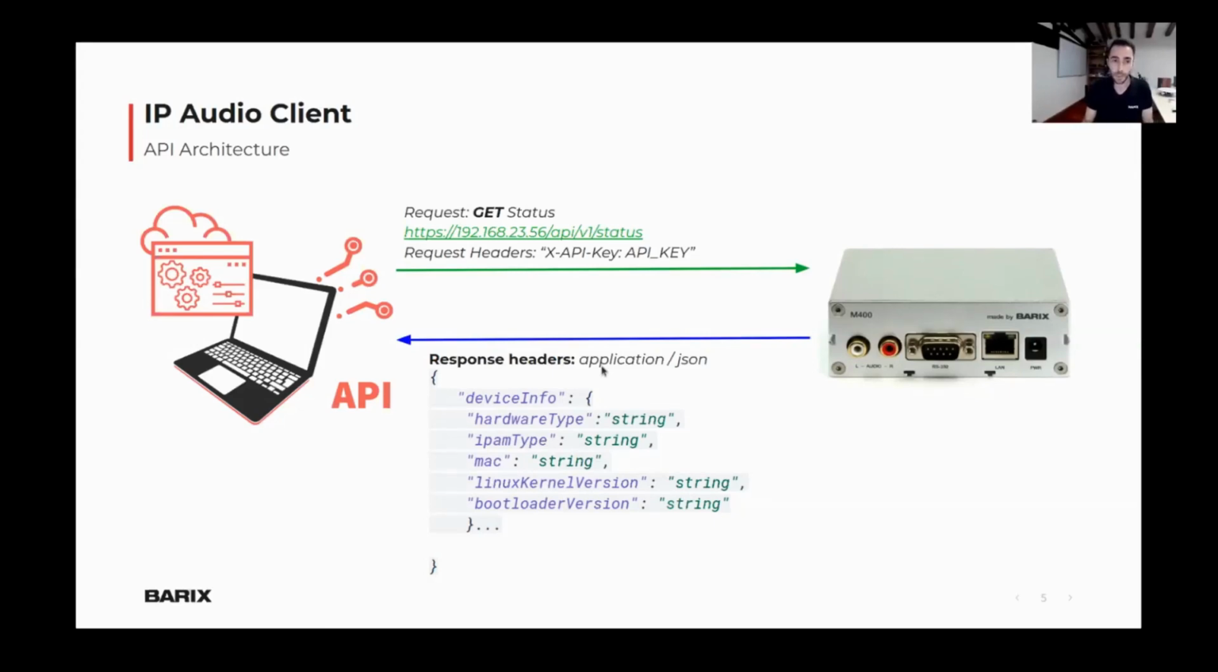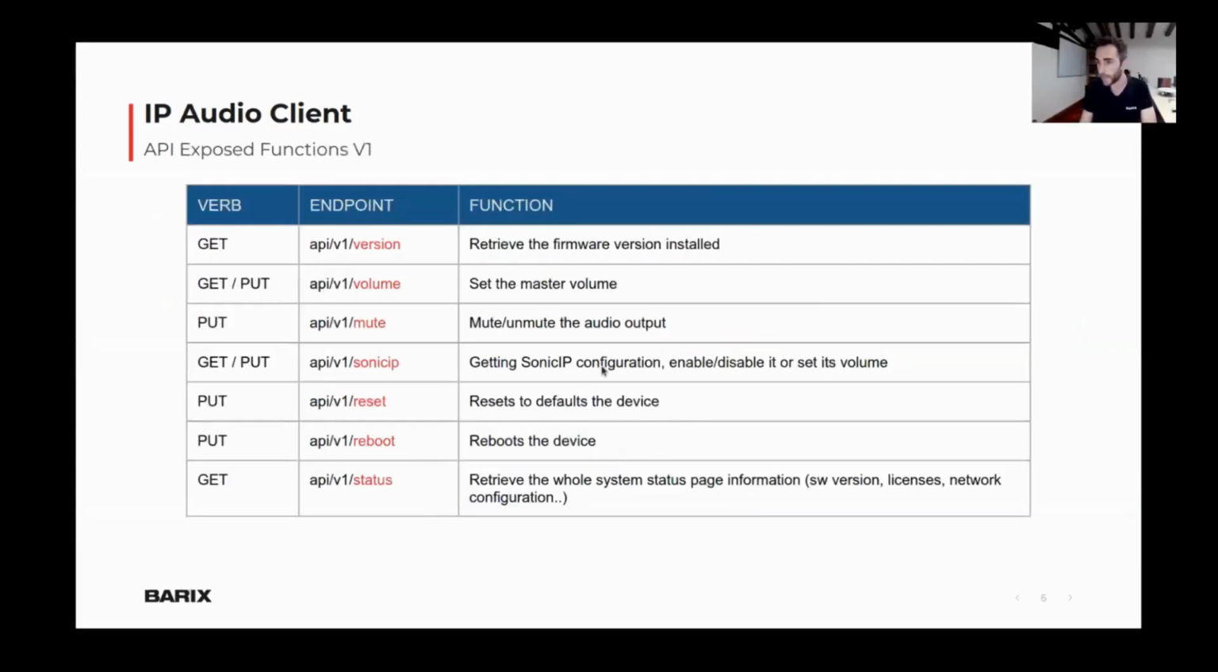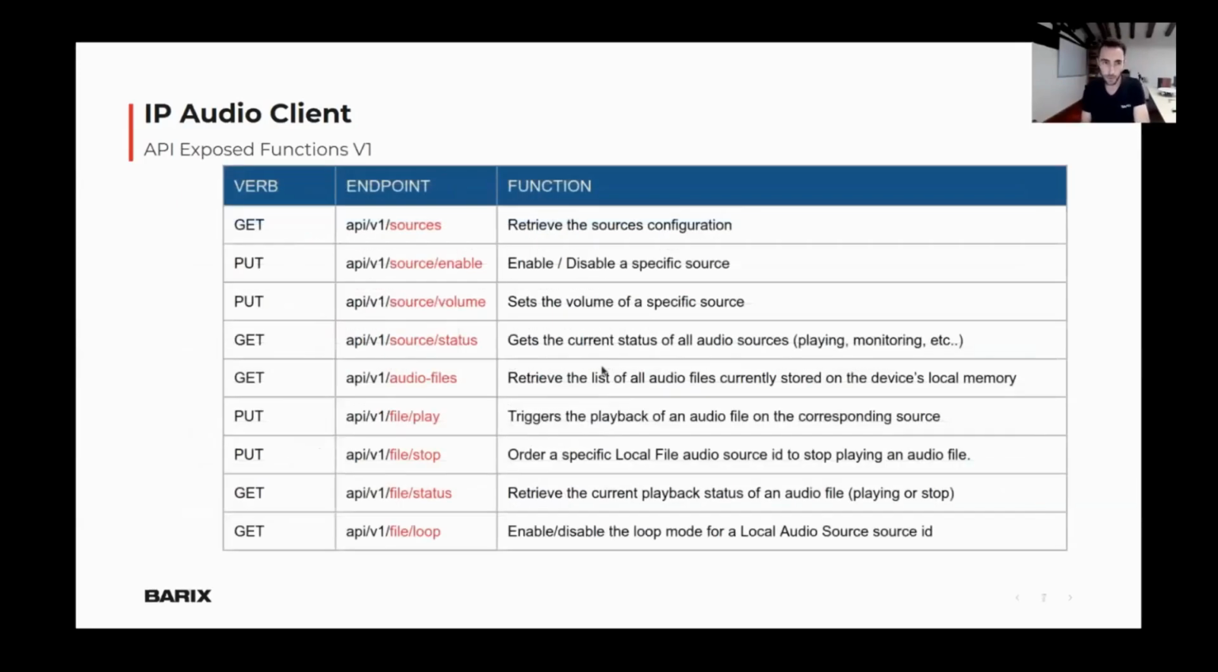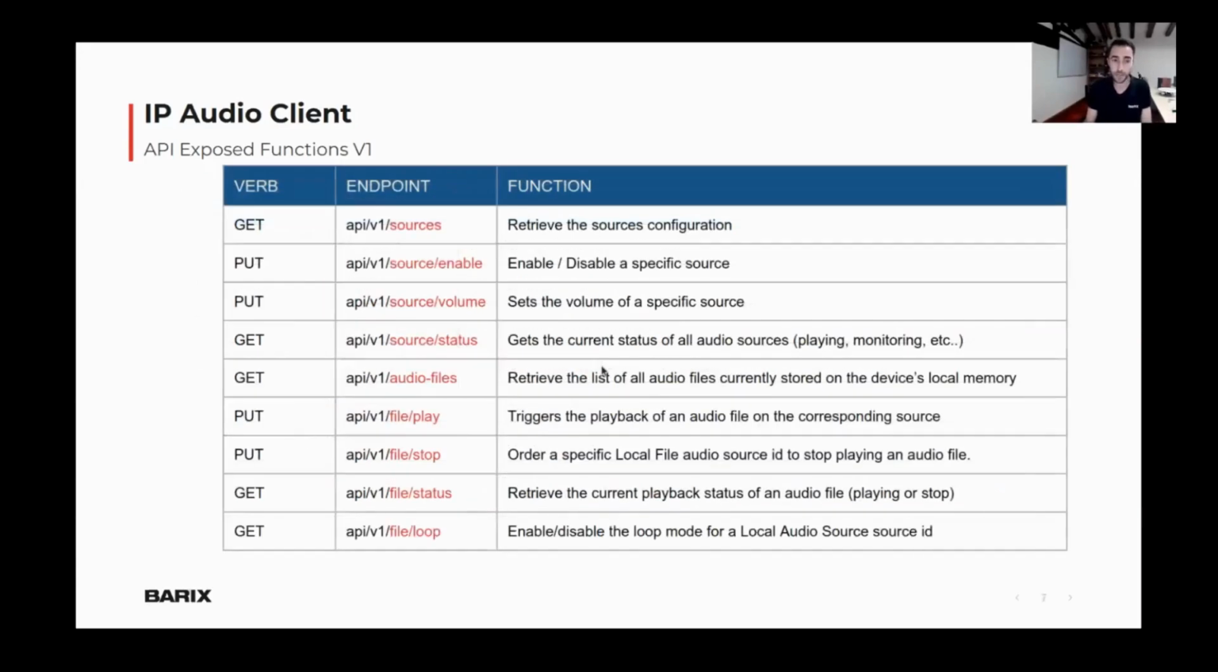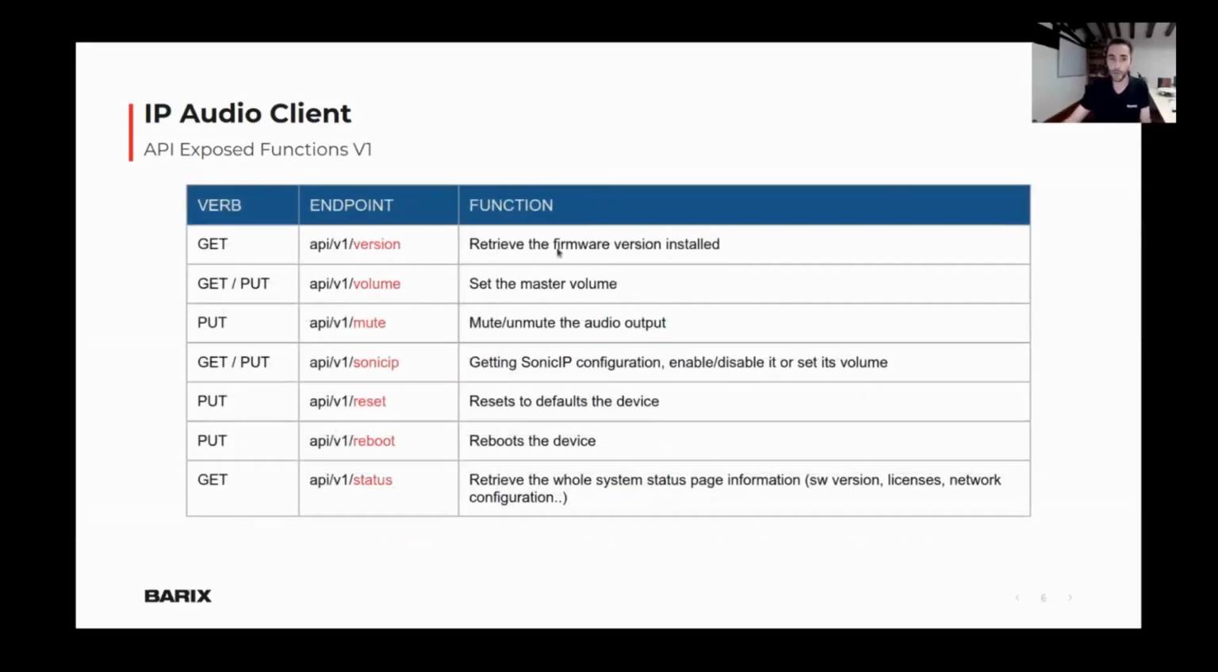Going forward and to tell you exactly which functionalities we exposed into this API, I have split this into 2 tables. The first table shows you the functionalities that are common across all Barix devices based on the IPAM 400 and that we are dealing with as we speak. By common functionalities, I mean that these functions are present in all new generation devices, while the second table is specific for IP audio client. So let's go quickly through all these